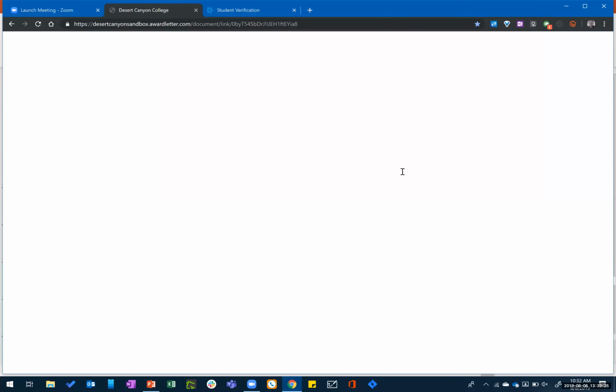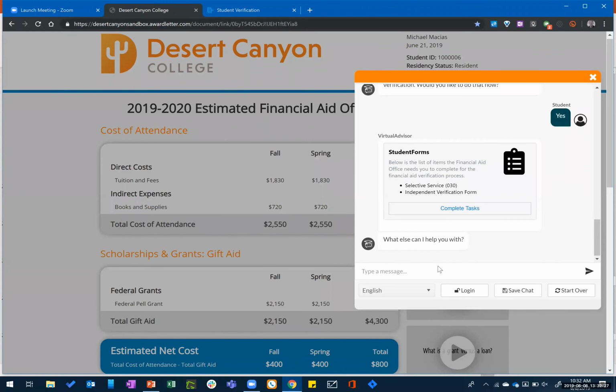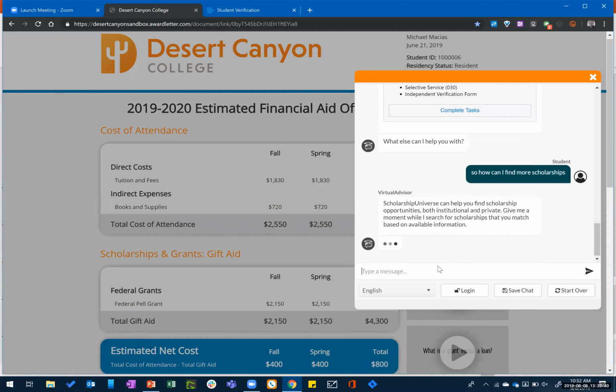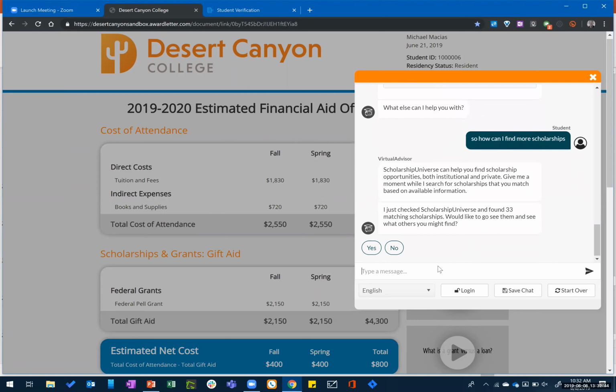So that's one example. Maybe after looking at my award letter, I have the question of, how can I find more scholarships? Depending on what products you're using, it may give me just a response and direct me to your website or to your scholarship management system.